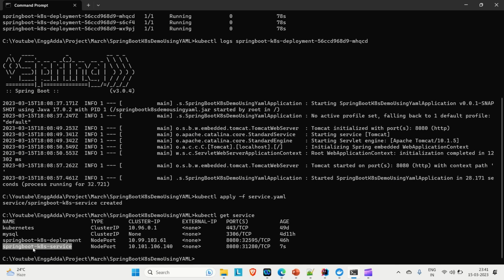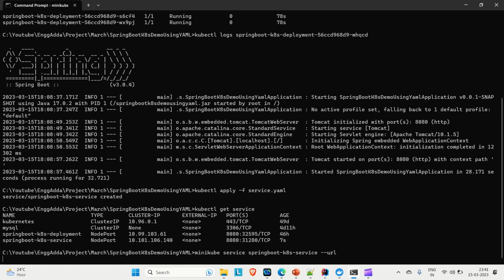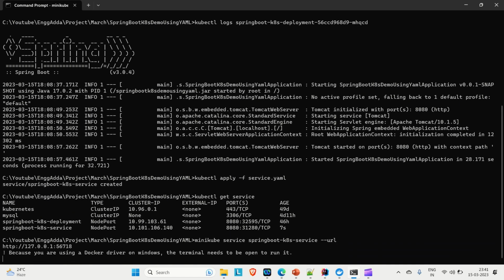Now let me try to get the URL of the service. So we need to run the command minikube service, service name and then --url. So let me try to copy this minikube service name and then --url. Just hit enter. It will give you the URL from where you can access your application which is running inside the Kubernetes cluster. Just copy this,